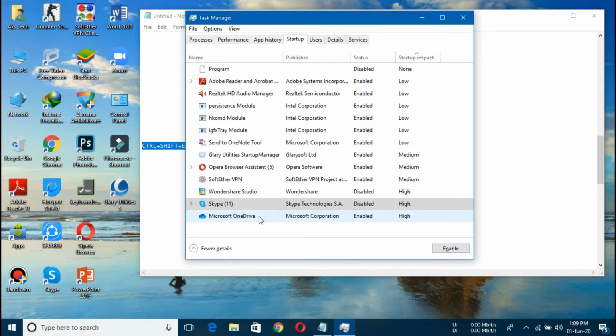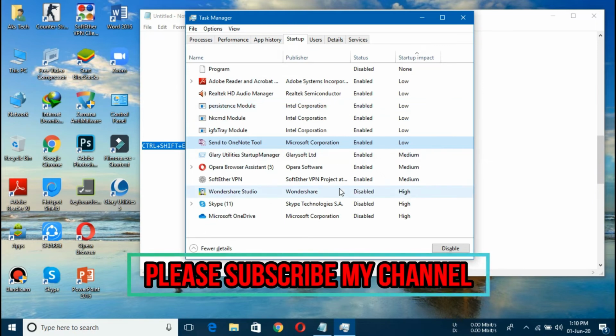Again, it is your choice, and you can disable some of the programs from the medium category and many of the programs from the low category. I can disable all of them because these are not what I usually need, like OneNote and so on. If you disable all of them, then it would be a great advantage to the performance of your PC. So I am telling you this for educational purposes, so that you decide which are your priorities and which are not, and decide on the antiviruses from this category as well. Now that was it for the Task Manager.